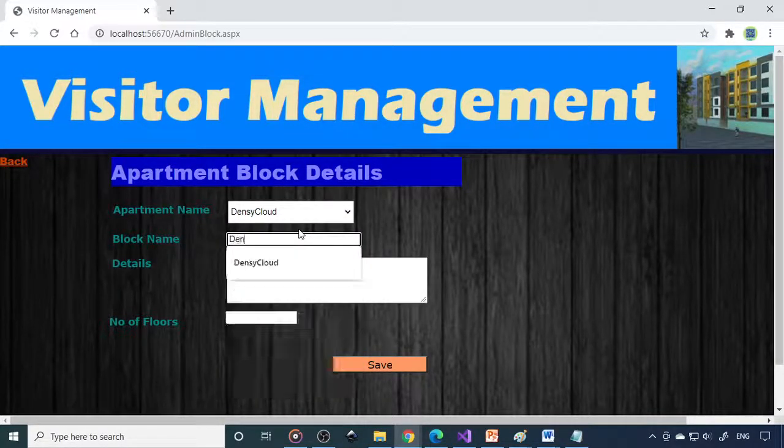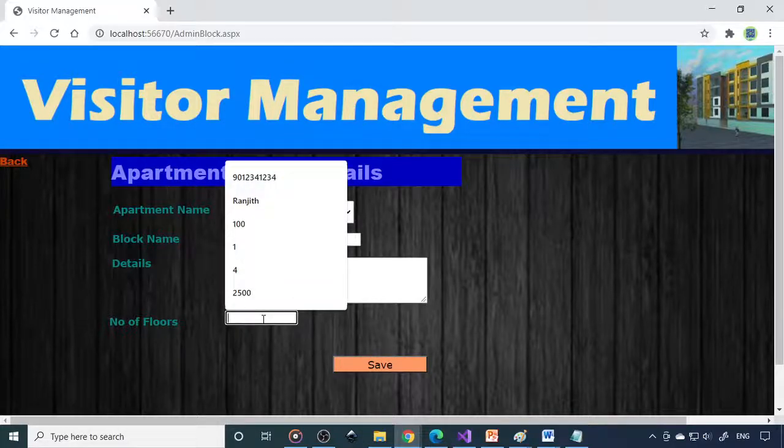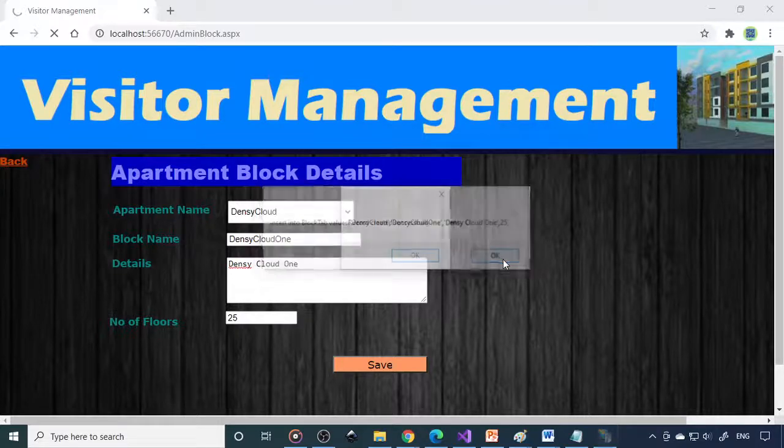We can give the code as Density Cloud 1. Then you can write more about that, and number of floors, so let's say 25 floors. Save, that's created.